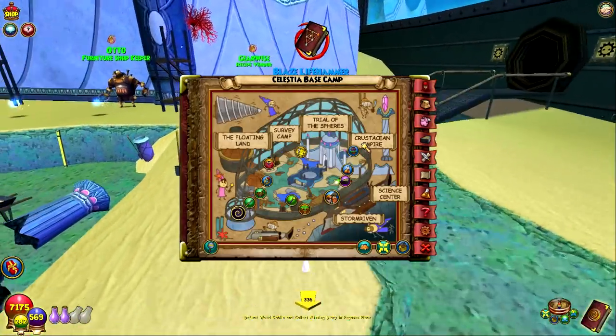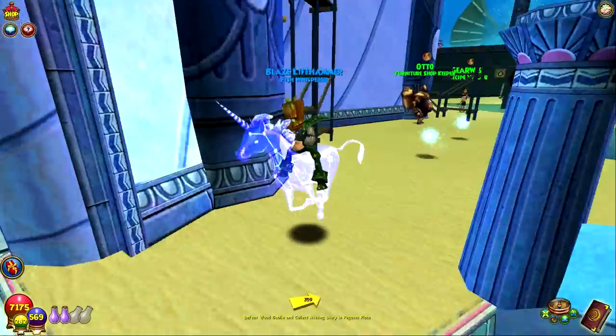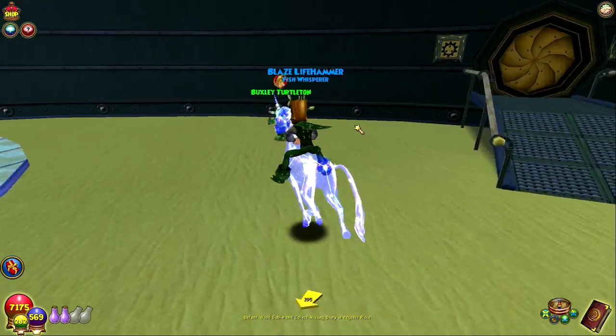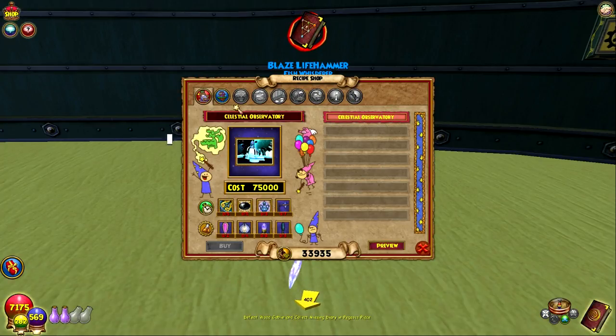Is he... Oh, is he in the back? I actually think he's in the back. That's the furniture vendors right there, but I think the actual guy... Yeah, he's back here. This is so weird. He's just hanging out here. The other places have an entire... this is the only thing he sells though, so it's not like the other ones. The Crocotopia housing shop is not really a housing shop, because it's just him and all he has is the Celestial